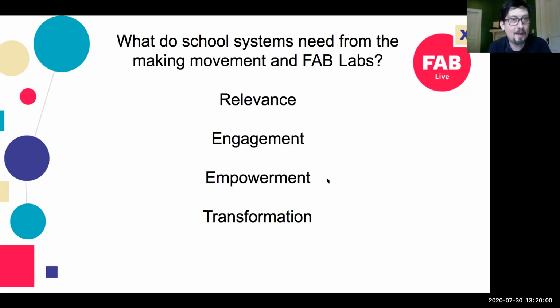And we'll talk more about that in my next slide. But the machines are empowerment. They're not fun. They're not cool. They're not great technology. They're not great career connections. They're none of that unless they are empowering to the students, the teachers, and the setting itself.